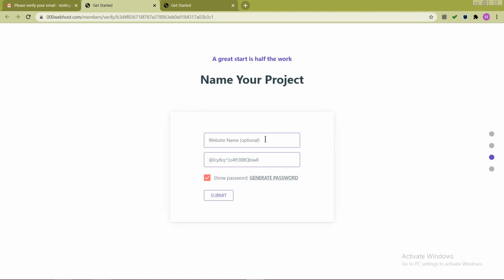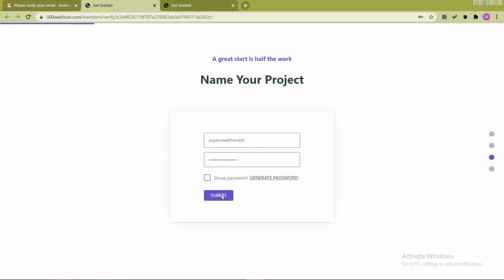I suppose I want my website URL to be explore with Mohit. This is the URL, the domain name which I want to set, and what password do I want to set? This is the random password which it's showing by default. I am just mentioning my own password. This is the URL which I want to set, explore with Mohit, and this is the password, and just click on submit.